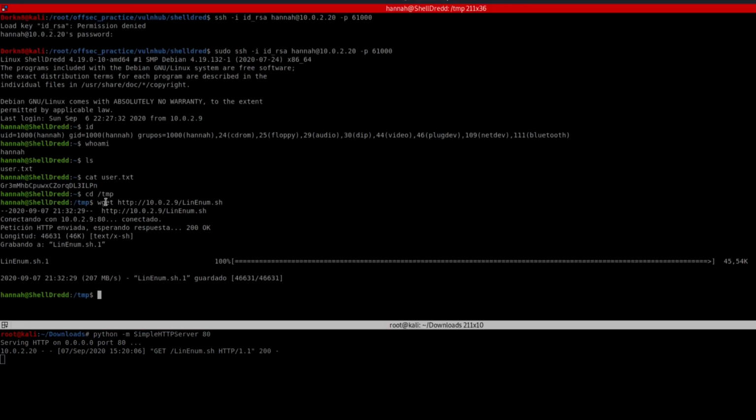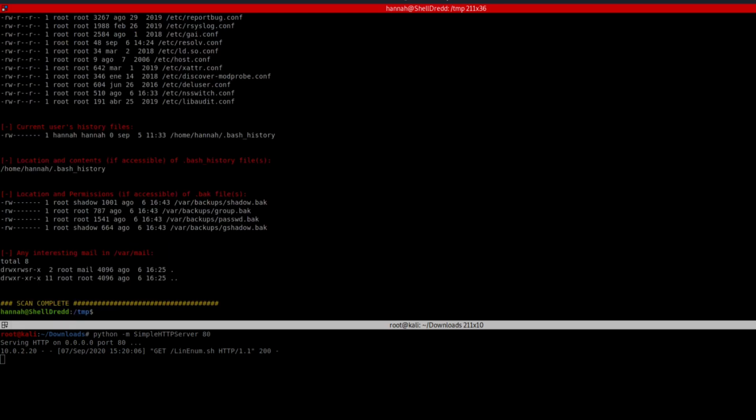So I can use the wget command here, with my IP address and the file I want to download, and it will simply download. So as you can see, I have the file over here. I've previously downloaded the file over here, and I've run the command also, and I've saved the result into a file. So I'm going to directly show you that file. You can also run the script by giving it executable permission, like I'm doing right now. So this command will give the file executable permissions, and then you can execute it using dot slash followed by the file name.